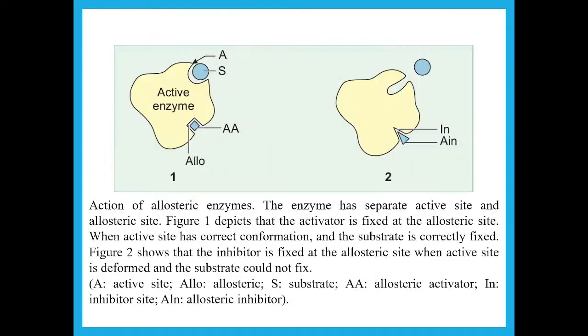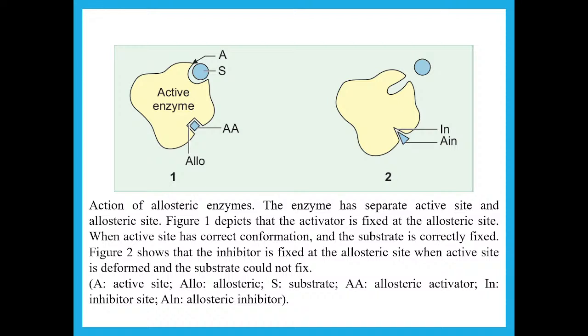This is the example, you can understand from here. See the picture clearly, then you will understand what I want to say. So, action. The activator is fixed to the allosteric site. When the active site has the correct conformation, the substrate is correctly fixed. Figure 2 shows the inhibitor is fixed to the allosteric site when the active site is deformed and the substrate could not